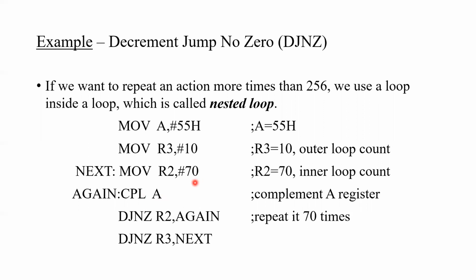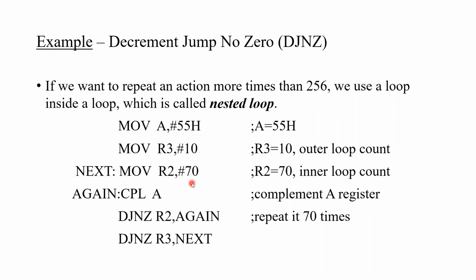Next, decrement jump if not zero R3. R3 has a value of 10. If I decrement it, the value will be 9, and 9 is not equal to 0. Where does it have to jump now? It has to jump to the label next. Where is the label next? Here: move R2 comma #